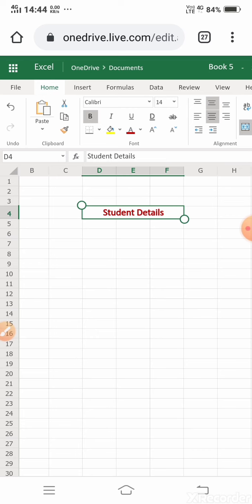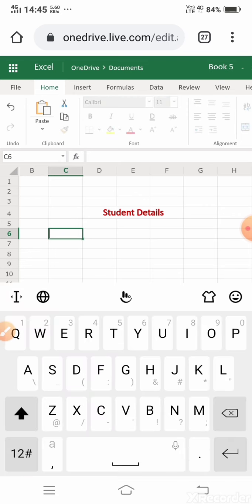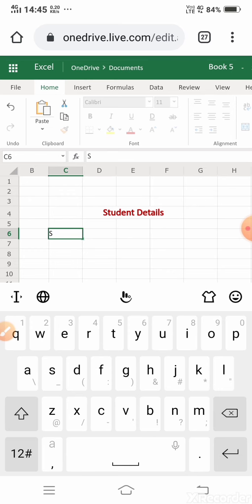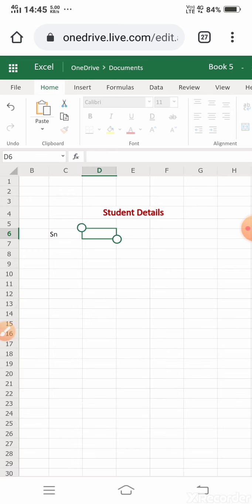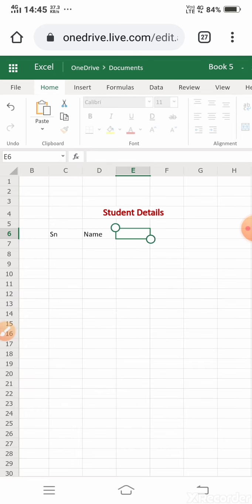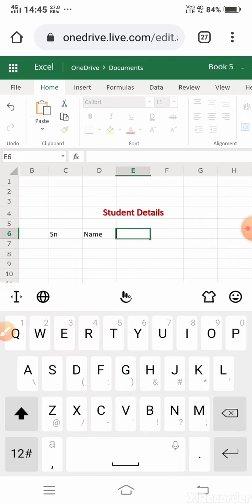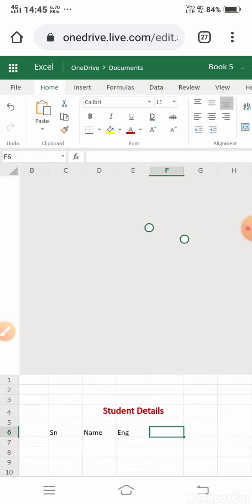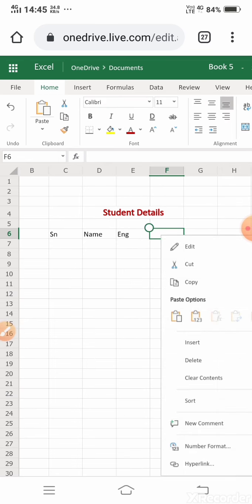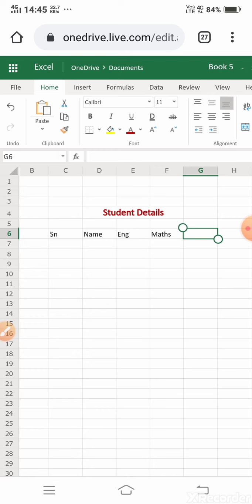Now I will start my entries. The first one is the student serial number, SN, then the name of the student, then I have to enter the marks of the subjects, for example English, maths, and science.